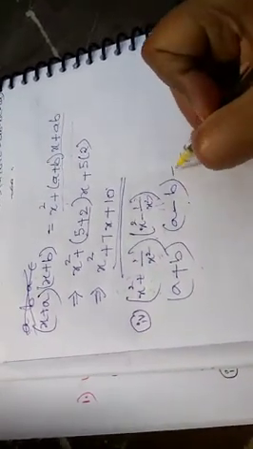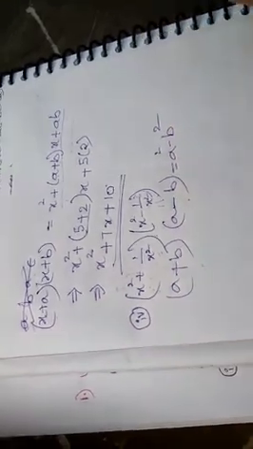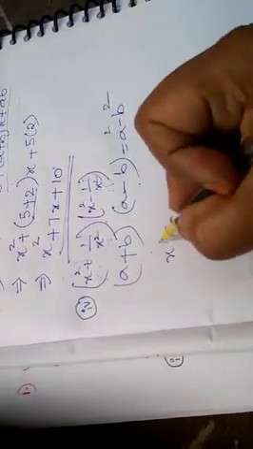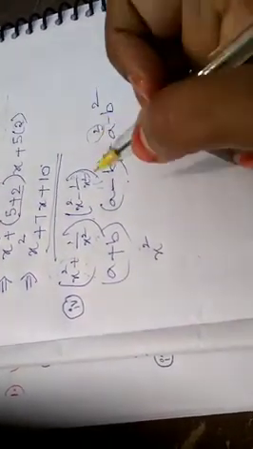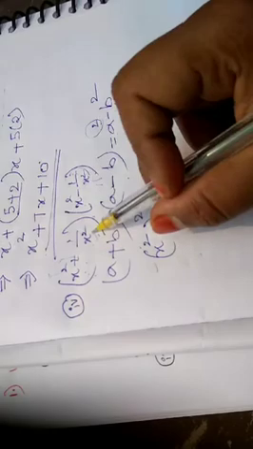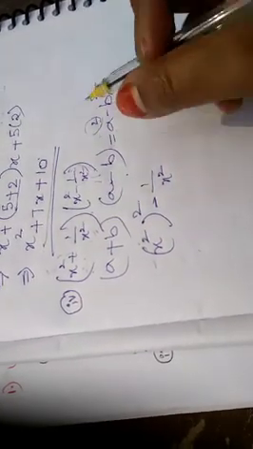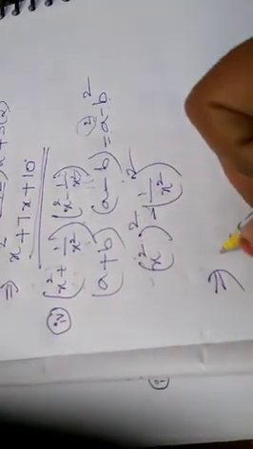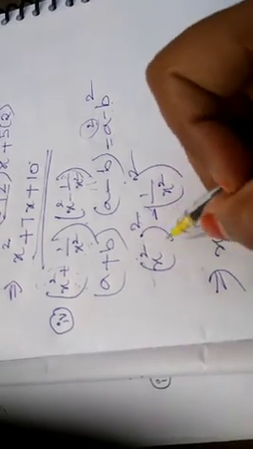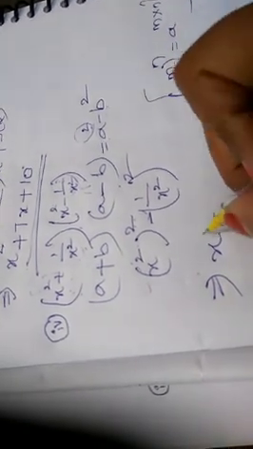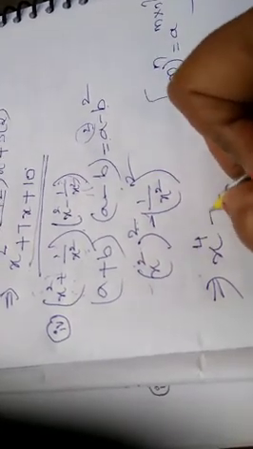Now what is (a plus b) into (a minus b)? We'll get a square minus b square. Now substitute in this formula. In place of a we have x square, so (x square) whole square. Next, minus b square, where b is 1 by x square, so whole square. x square whole square is in the form of (a power m) whole power n, which gives a power m into n. So you'll have 2 into 2, we have x power 4, minus